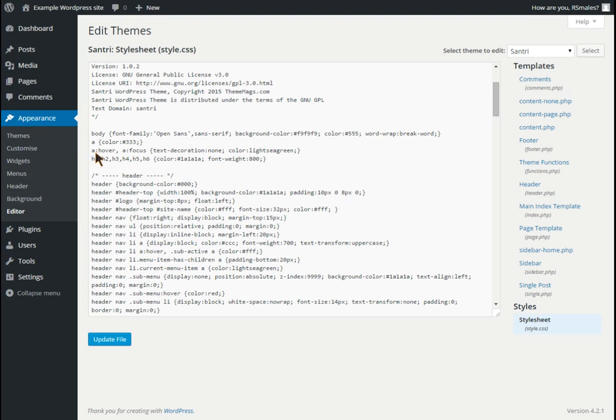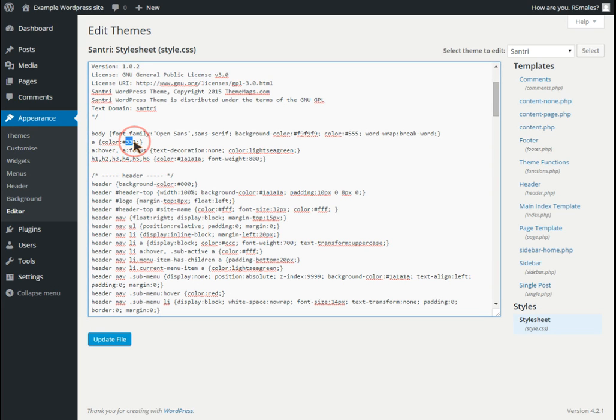This bit where you have the double dot and hover, and the double dot and focus, is where the settings change when you hover over a link or when the focus is on that link, so if you're using tabs on the keyboard to navigate through the website. And above that, you've got the general information for the A, which is a link. So if I go in here and I want this to be a different color,